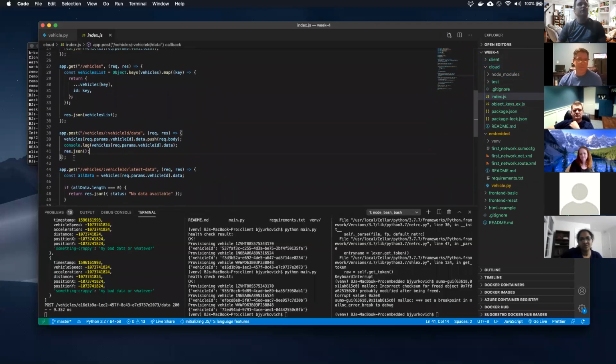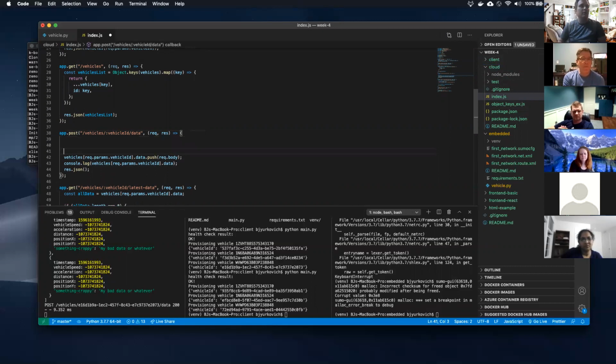Sure. So this is the route we're worried about, right? You got your /vehicles data post. We're on our cloud, right? So really what we would have to do is write code to handle all of that, right?